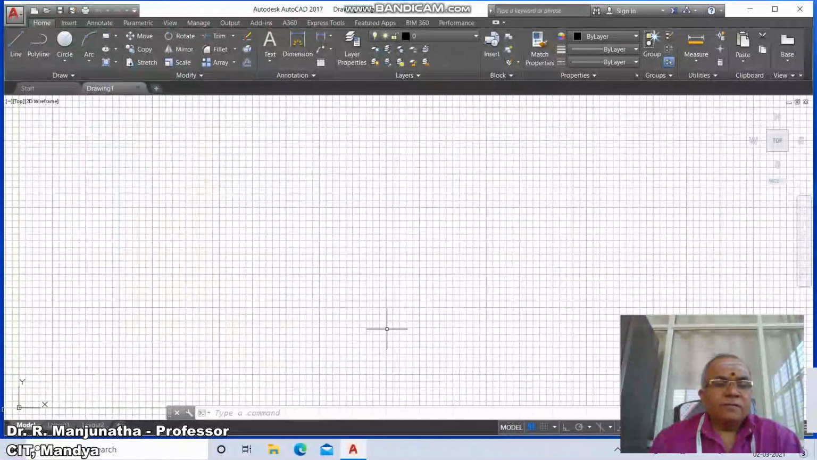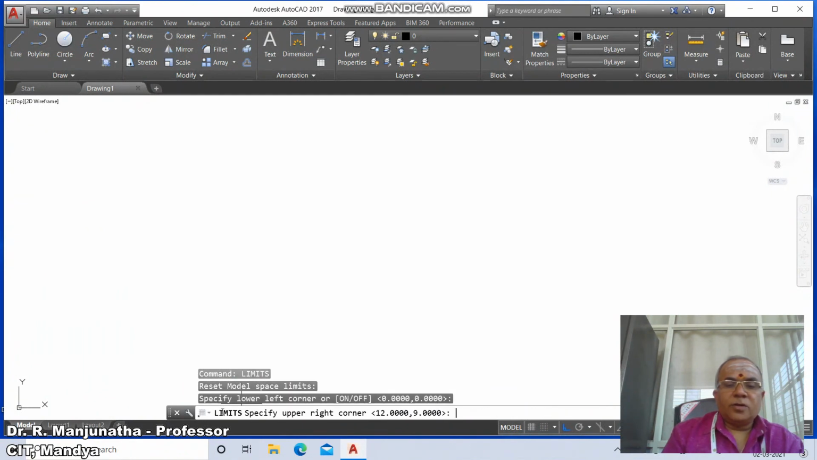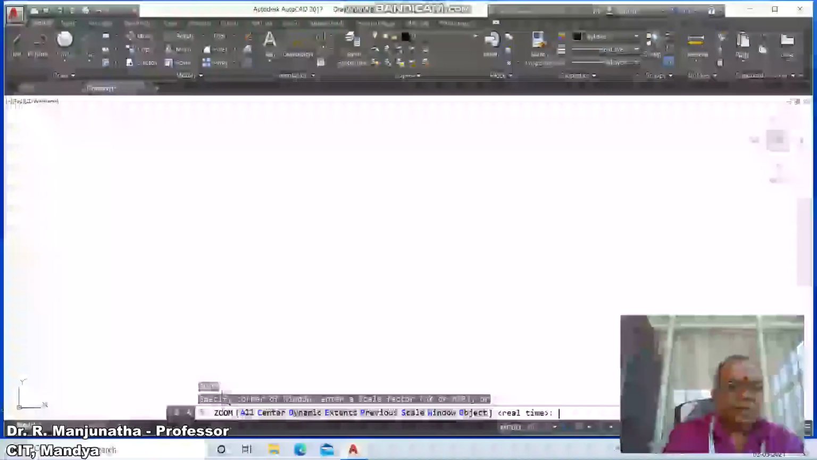AutoCAD software. First we'll go to the AutoCAD screen, switch off the grid mode and switch on the ortho mode. So the command is limits. Here specify lower left corner, which is 0, 0, upper right corner 297, 210, and then zoom, enter, all,